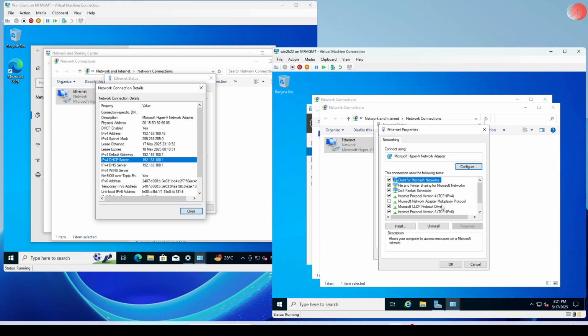As you can see. So usually what we do is after installing domain controller, we change this DNS IP to